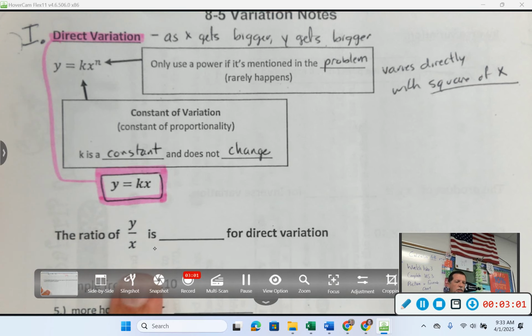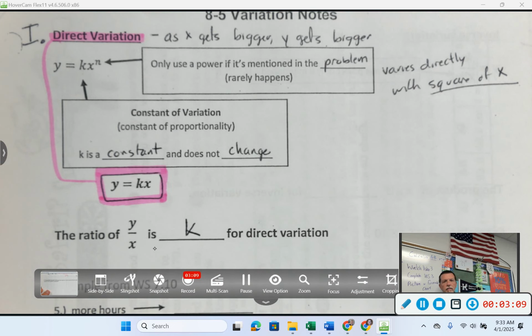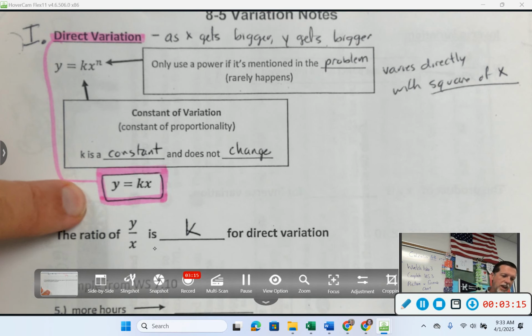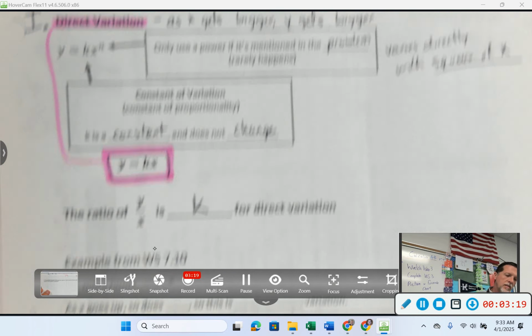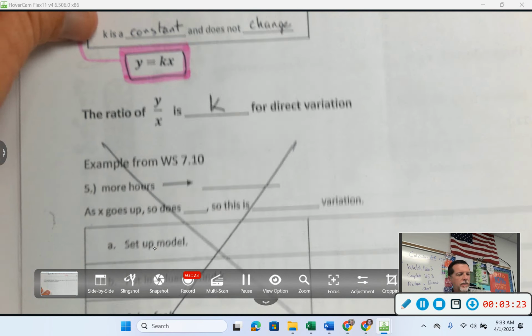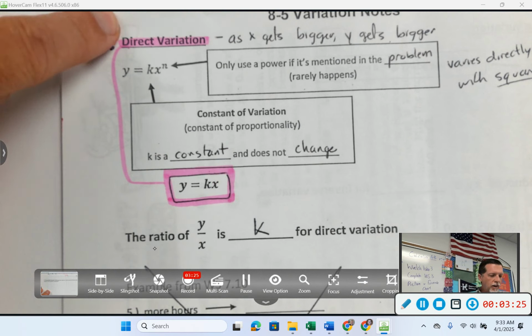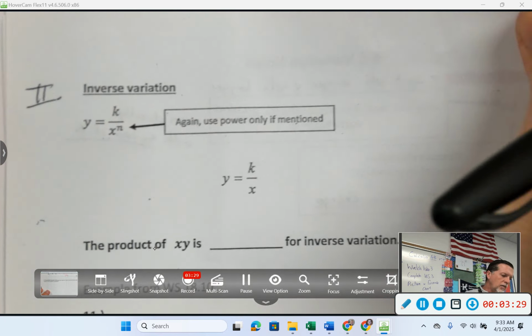So what's the ratio of y over x equal to? K. You divide both sides by x, you get K. But you don't need to memorize that. As long as you know that y equals kx, you can figure out what K is. The rest of this stuff is more confusing than helpful, so mark that out. Direct variation, y equals kx, as opposed to inverse variation,